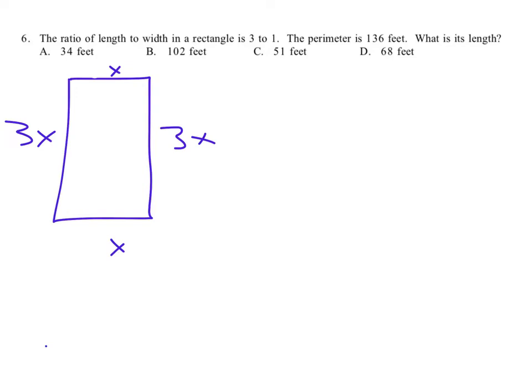Okay, but then for the perimeter, we've got to add those all up. So what is 3x plus x plus 3x plus x? Hopefully you can see that that is 8x. And what does the perimeter equal? 136 feet. So if we divide both sides by 8 to solve for x,